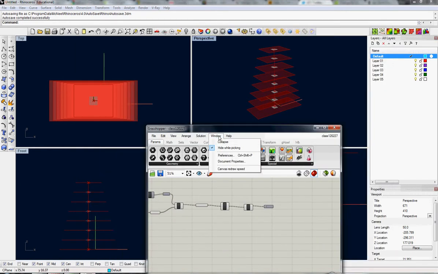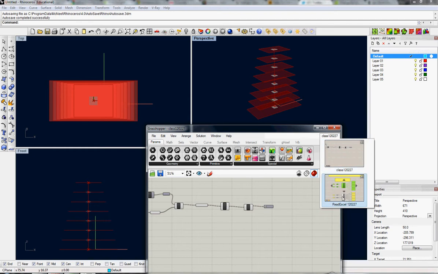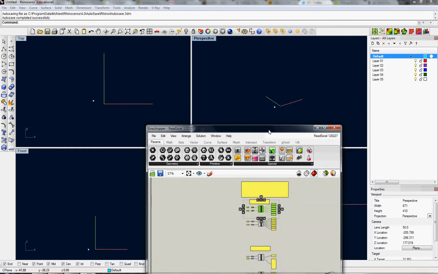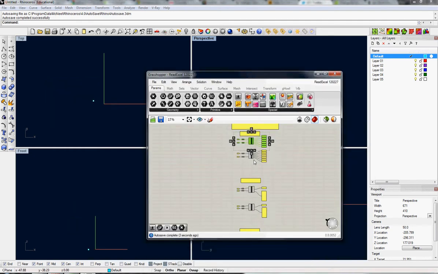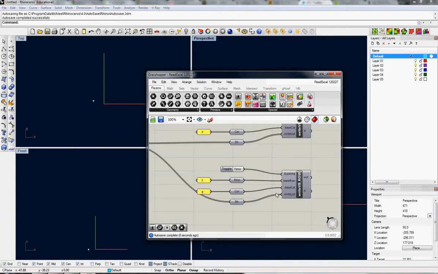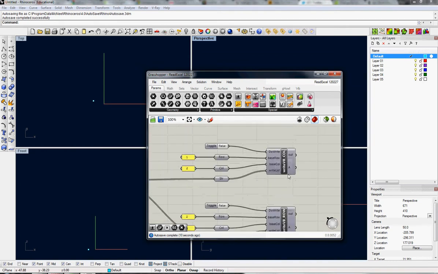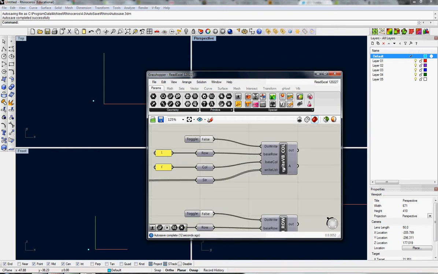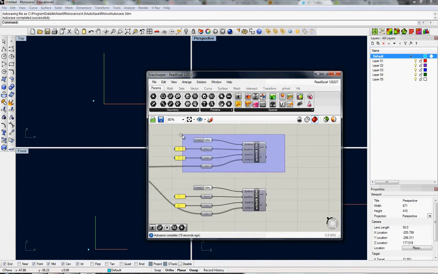If we go back to my palette of components that read to and write from Excel, right here at the bottom we have the set that will write a column of data. We want to make sure that's set to false, because when it's false it's not writing, and then we won't